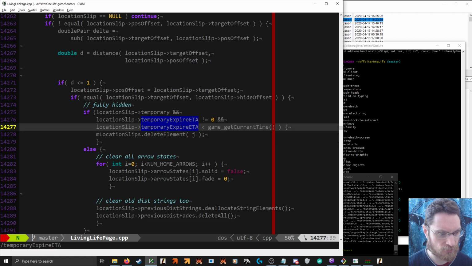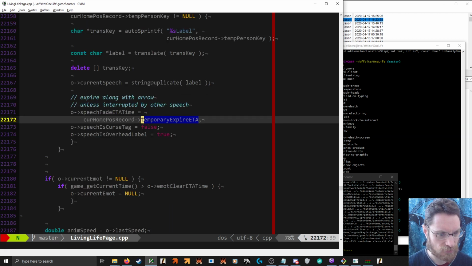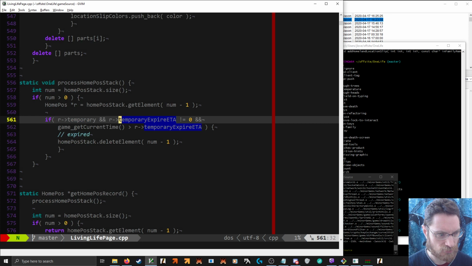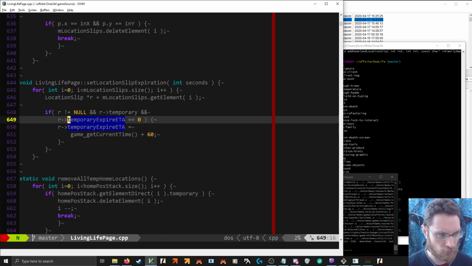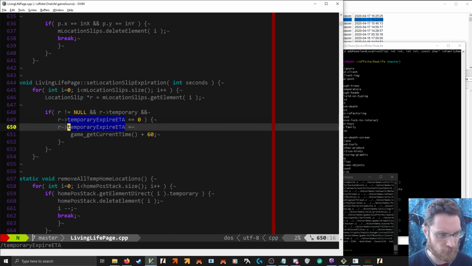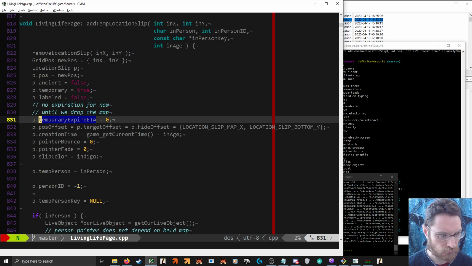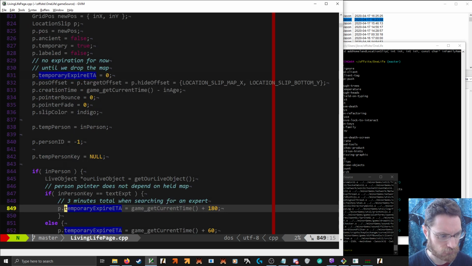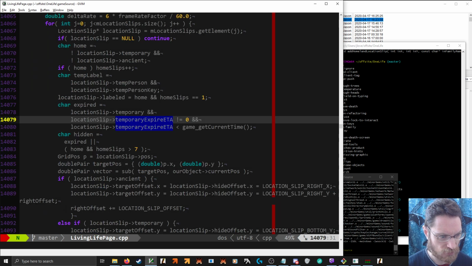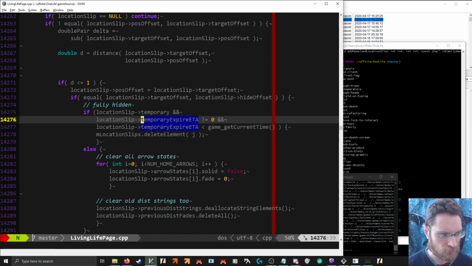Delete element. That's regular home pause stack. Location slip expiration. It's setting it. Okay, yeah, so this is the state update. So this is where